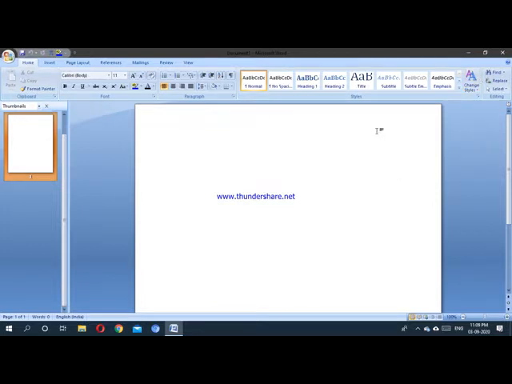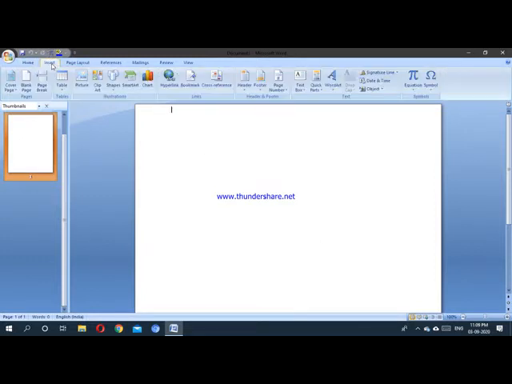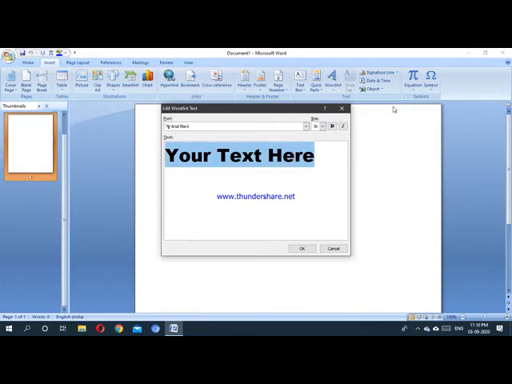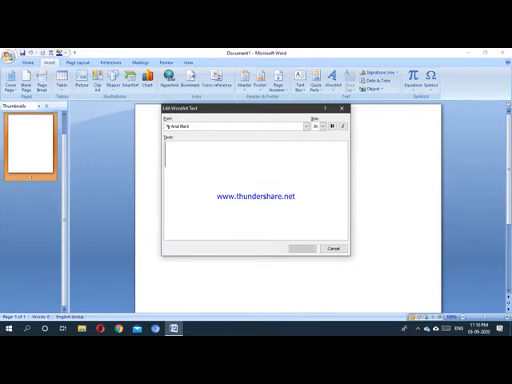For this you have to click on Insert first, then go to WordArt. In this WordArt section, the first, second, third one, you have seen WordArt written there, and it is a little curve style. Click on it. Now you see a window coming here, with "Your text is here" written. First I put the cursor here and press backspace to delete it, or simply click the Delete key.